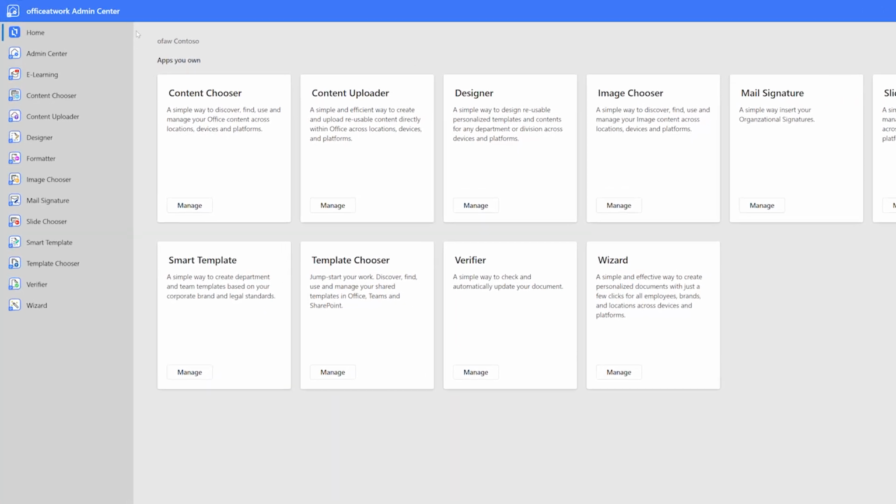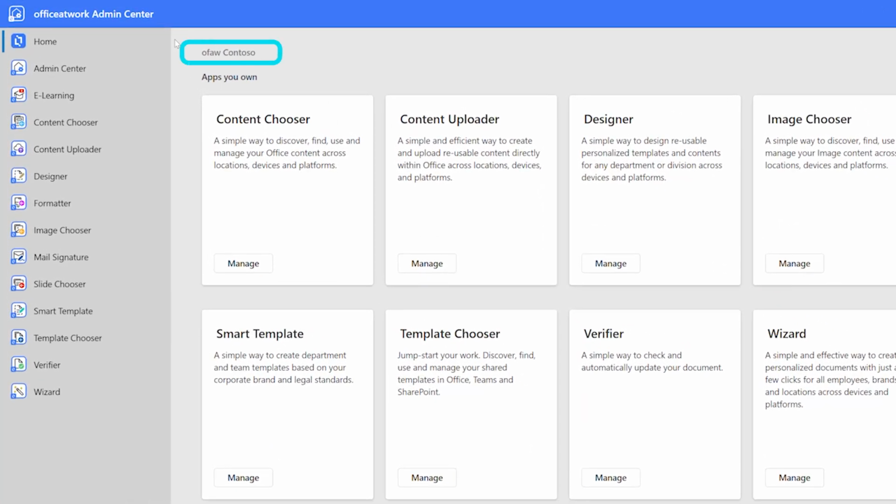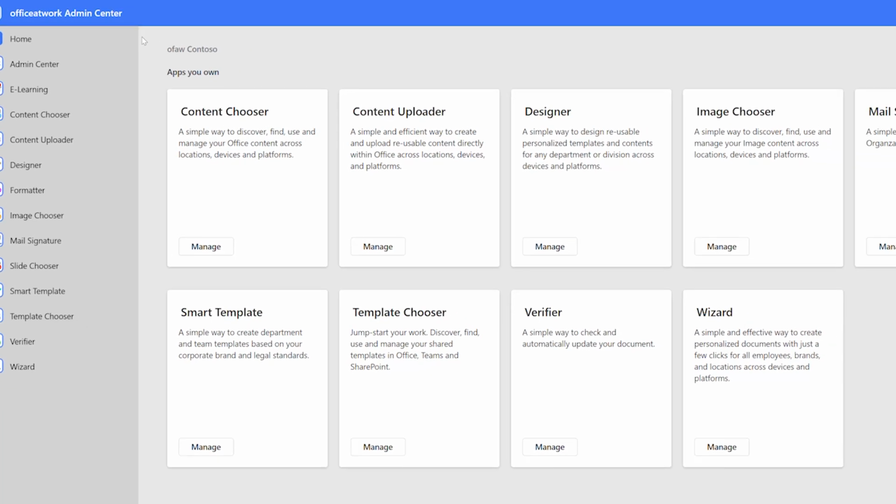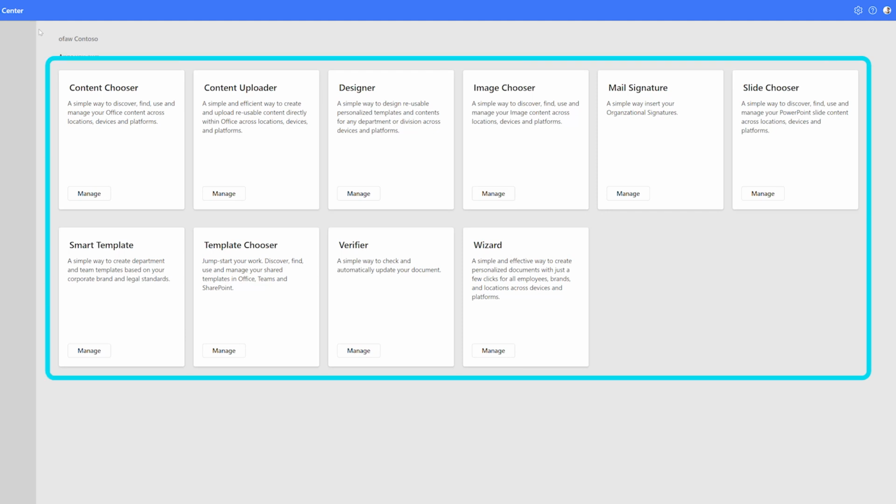Upon signing in, the top left corner of the home screen prominently showcases the Microsoft 365 tenant name corresponding to the user logged into the Office at Work Admin Center. It's important to note that any configurations made will exclusively impact that particular tenant. In addition, you'll discover a list of subscribed apps along with opportunities to explore and trial further Office at Work